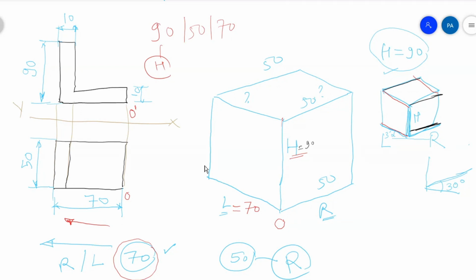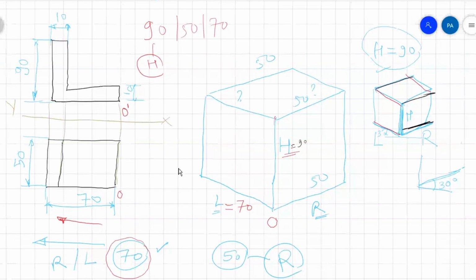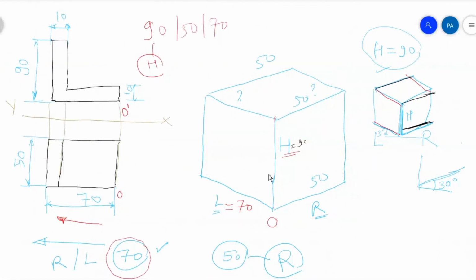Any other question, student? No, sir. Is it clear to all of you how to construct a box? Yes sir, yes sir, clear. Okay, student. So once the box is constructed,